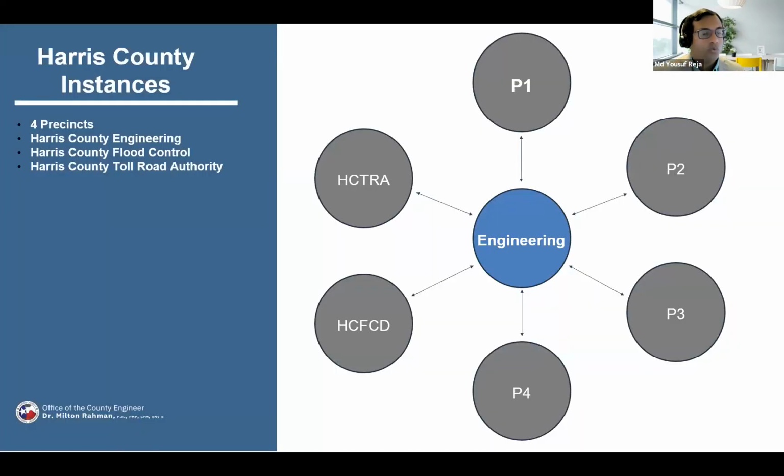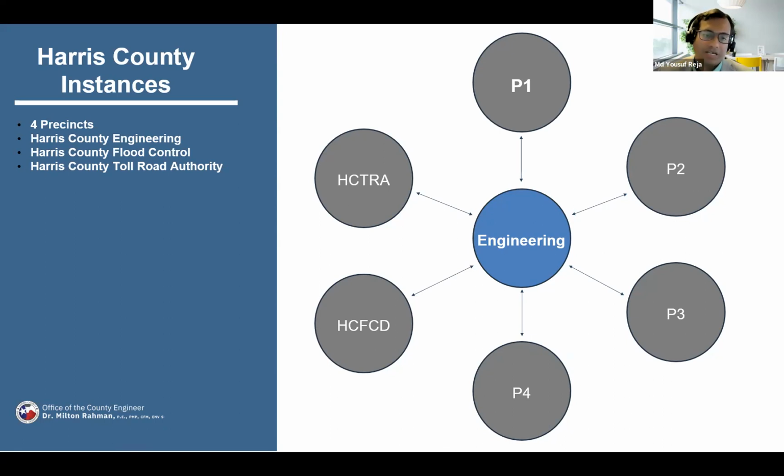So when we started with this EM system with Harris County, we decided to have 7 instances for us. As you can see, we have 4 precincts, so precinct 1 to precinct 4. They're going to have their own instances, and engineering, we're going to have our own instance, and we have 2 other instances. One is the Harris County Flood Control District, and another one is the Harris County Toll Road